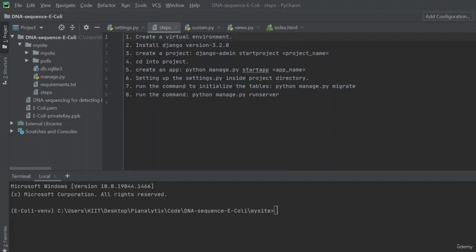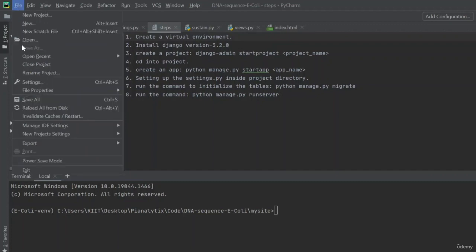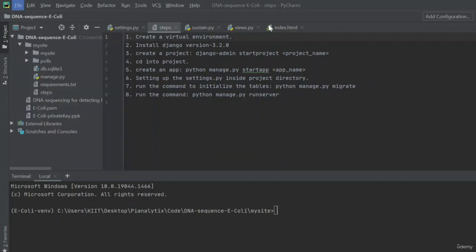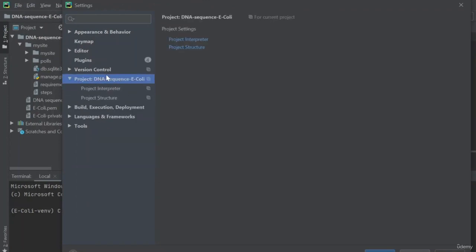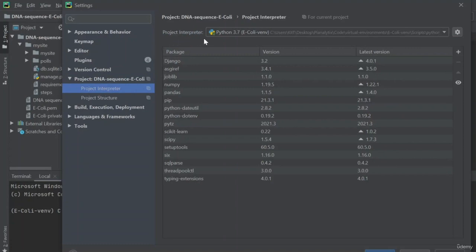For this Django project, if you're using PyCharm like myself, what you can do is just go to the files, click on settings. Once you click on settings, a pop-up will open where you have to go to the project interpreter, right? So in your project here, since I have called this project DNA sequence for E. coli, that is the project name. Then inside that, there's a project interpreter. You click on that, and here you would see